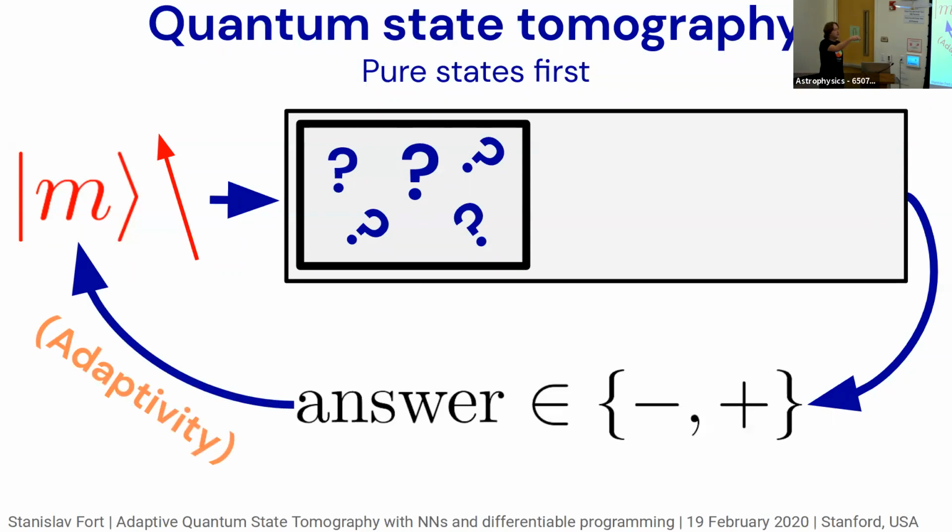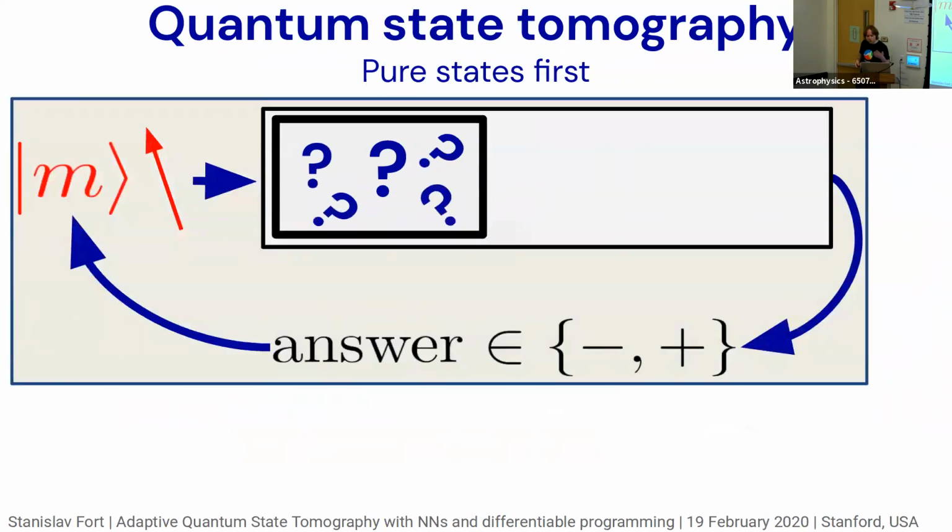You can repeat this every time you learn a bit more about the system, and you can design a new measurement every iteration of this cycle. And this ability to design a new measurement based on the previous measurements and the results of them is called adaptivity, and I'll discuss it later in the talk. But it's not a necessary component of this system, but it's sometimes there, sometimes useful. I'll discuss the usefulness as well later.